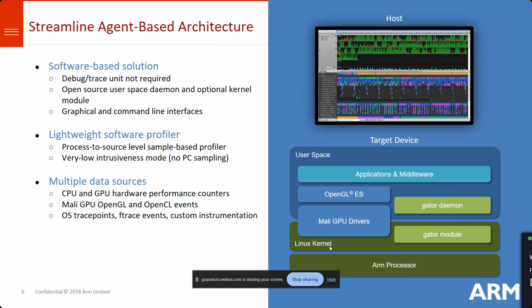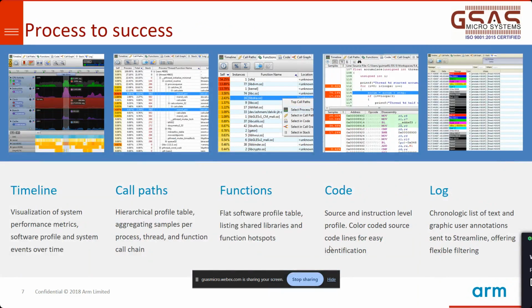So Streamline given by ARM is an agent-based architecture. This gator daemon concept works only for an OS, like Linux, Android, or Tizen. I'll come to that. Okay, so now